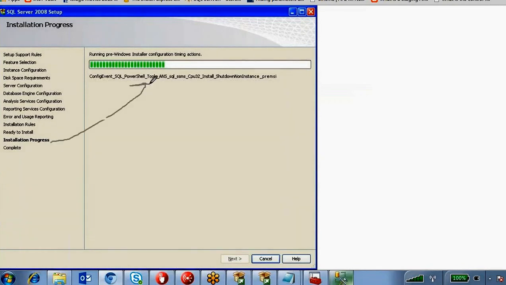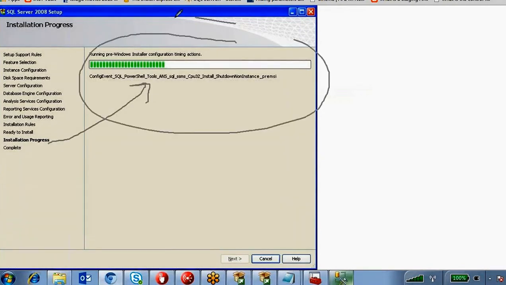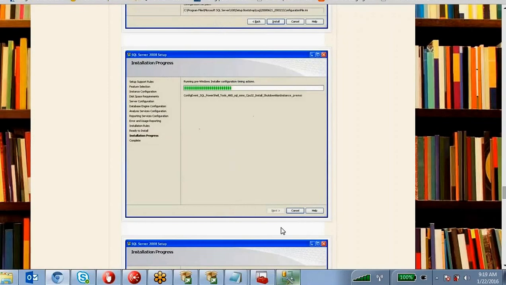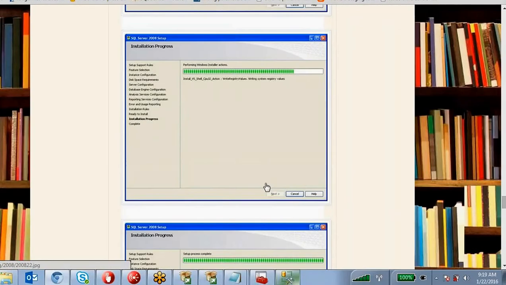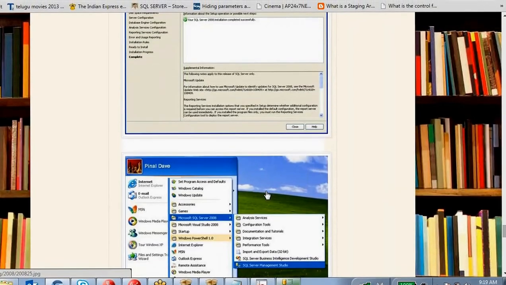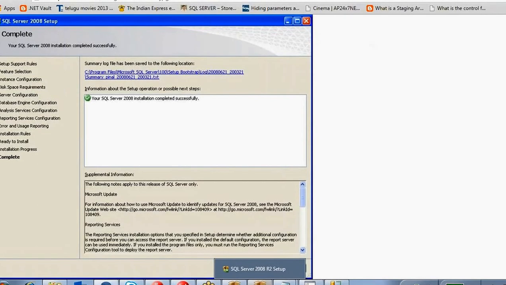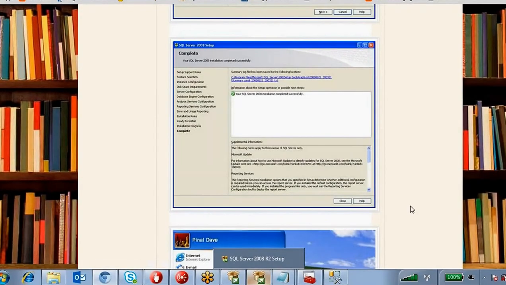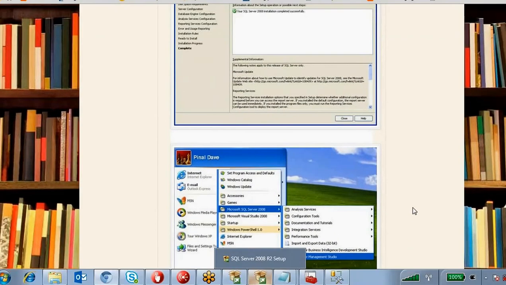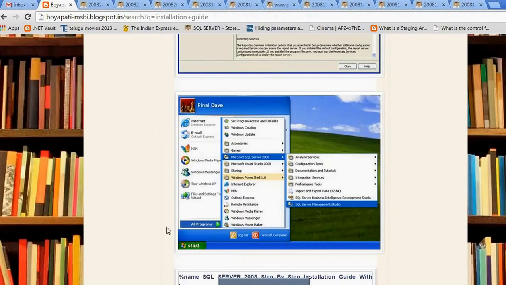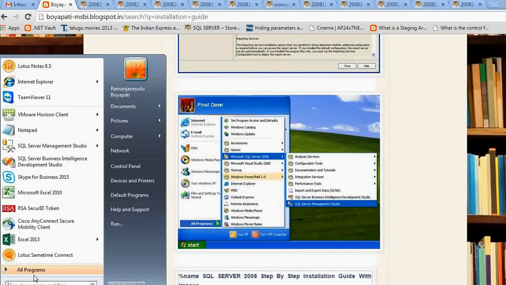It will take 15 to 20 minutes to install. Once the installation is over, this closing window will come. You just close it, and it's better to restart your machine. After that, you can check here whether it is installed or not.